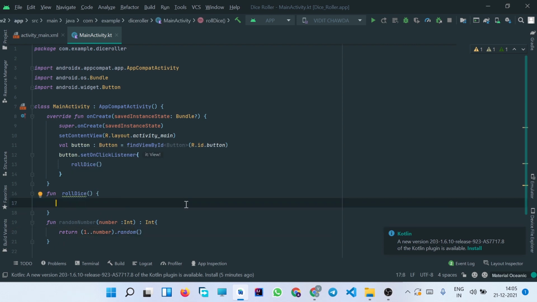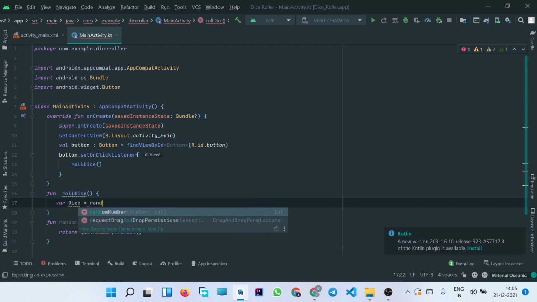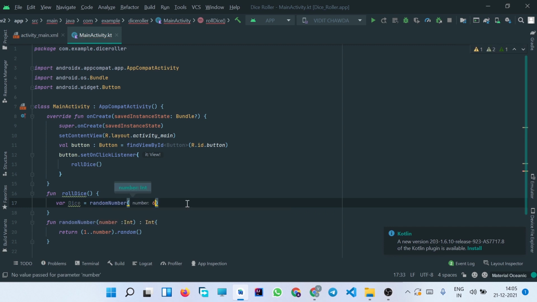Now we have to store this random number inside some variable. So let us declare a variable, let's say var dice, which is going to have the random number, and let's pass 6 since we want the number between 1 to 6.